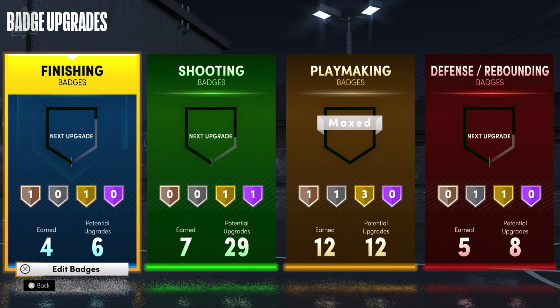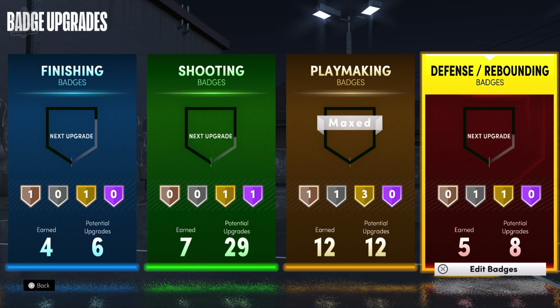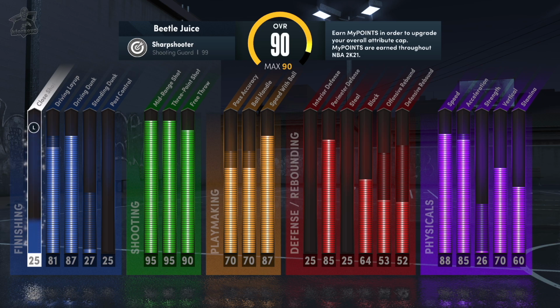Now, like I mentioned before, I actually messed up with my personal build, so I only get 6 finishing badges instead of 7, and 8 defensive badges instead of 9. So I'm missing out on 2 badge points, but it's not enough for me to completely scrap him and start over. By the way, as you can see, I'm only a 90 overall, and I'm still grinding out the rest of my badges,